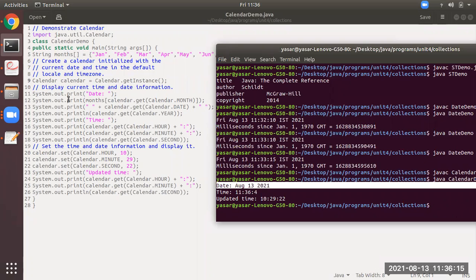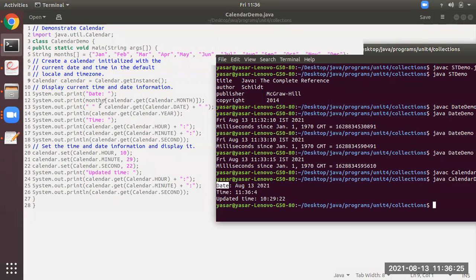Observe that at line number 11, it is printing the string Date till here. Then at line number 12, please observe, it has months, which is an array here, but between that, get is going to get Calendar.MONTH.